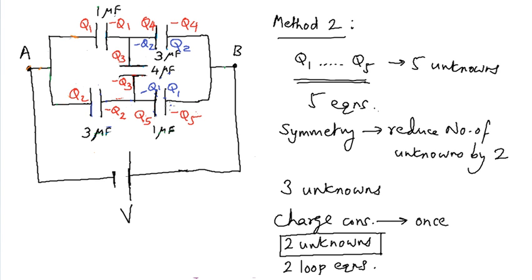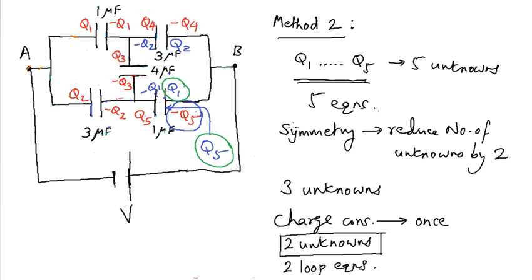For example, if you look at this plate, then you know that the charge which was on this plate before the battery was reversed is given over here. It's minus Q5. Clearly, with the battery reversed, the charge which is going to appear on this plate is the negative of this, which is going to be Q5. However, we have already established that after battery reversal, the charge appearing on this plate is going to be Q1. It follows therefore that Q5 must be equal to Q1 both in magnitude as well as in sign.